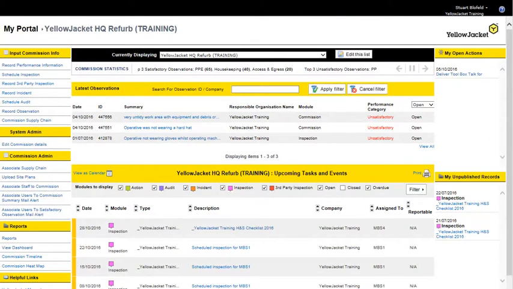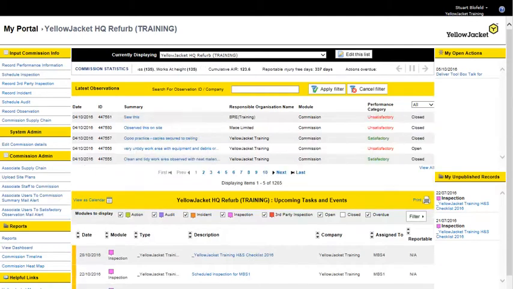It is also worth noting that the latest observations shown on the Commission homepage will only reveal unsatisfactory observations. To change this view, click here and select All. This reveals both closed and open observations on the homepage, revealing both the satisfactory and unsatisfactory observations. The form shows 5 observations at a time, and you can scroll through the list of observations by clicking on